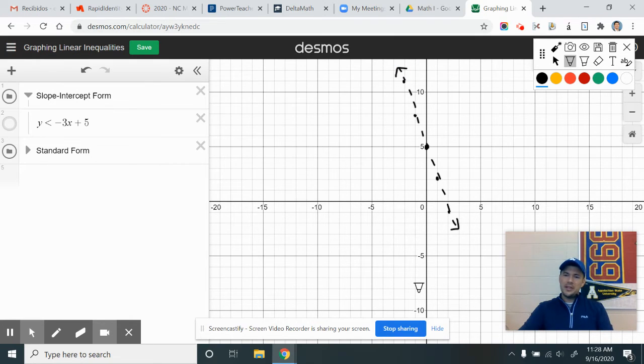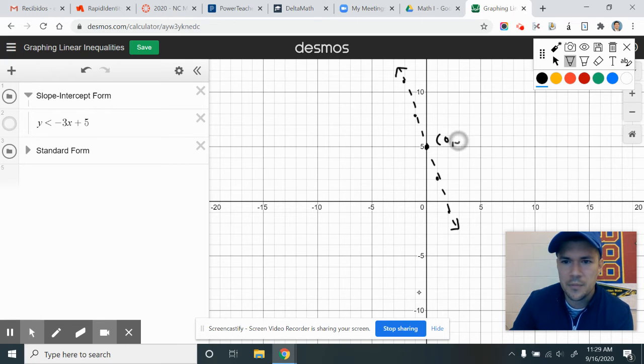Equal to means all the points on that line. Less than means the points on one side of the line, but not including the line. And so our question is, what points are we even talking about? Let's stop to think about that for a second. The point (0, 5). If I think of my inequality, y is less than negative 3x plus 5,